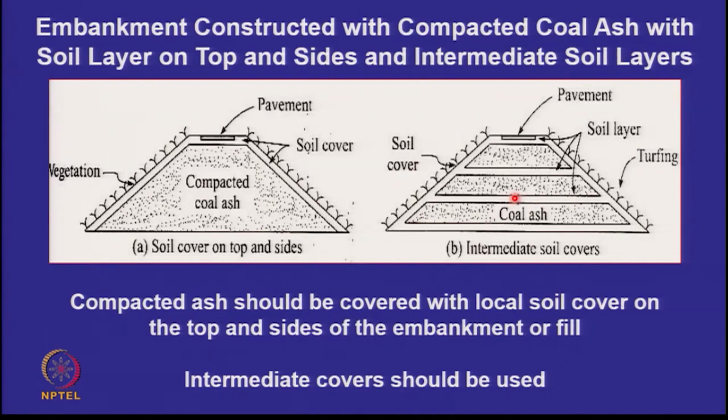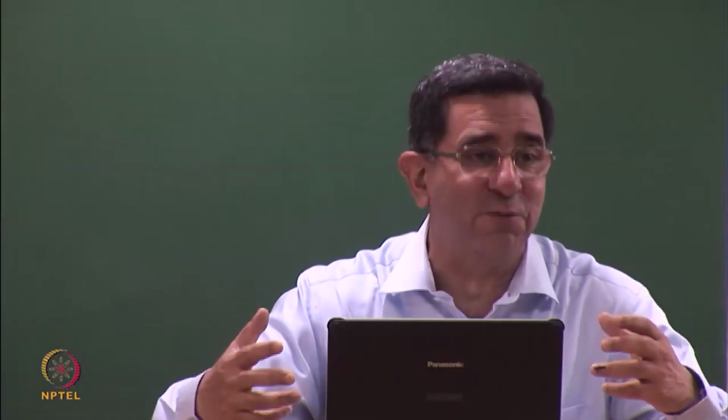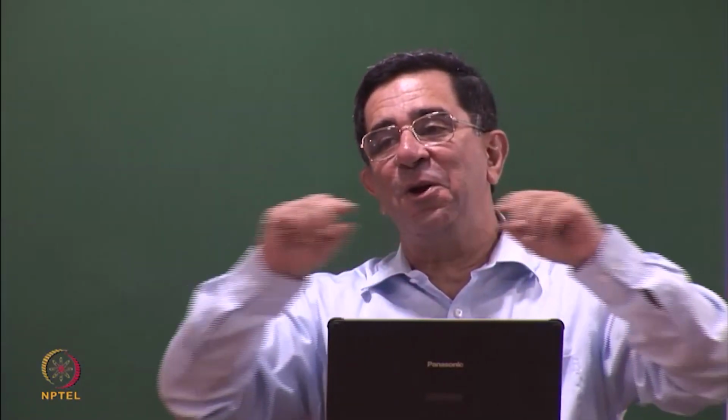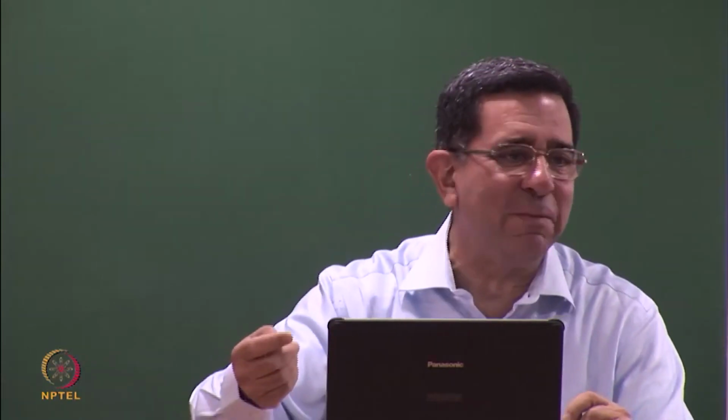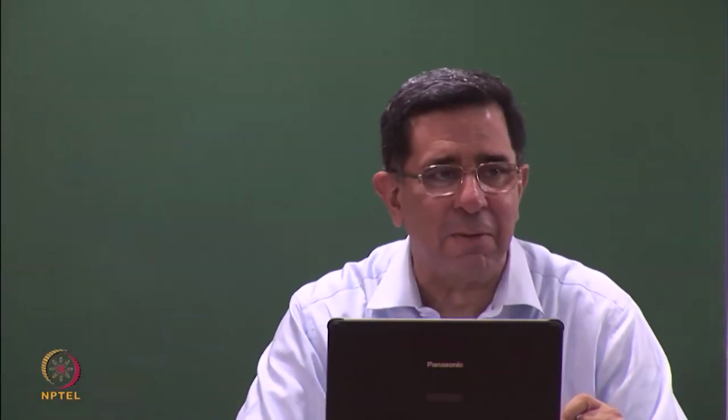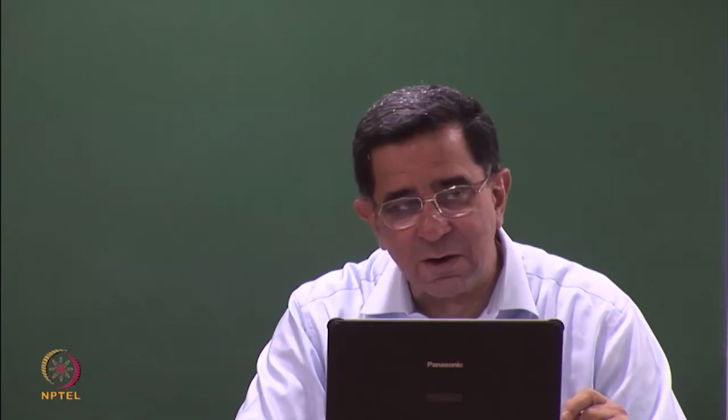Once you get used to the fact that your borrow area material is free, then you tell somebody, no, now in your design, please put local soil. And if you are a private contractor, you say this costs me much more, so I'd like to minimize this to the extent possible. People will tell you I can use sprinkling to do environmental control of ash, but believe me, I have not seen a sprinkling system in my past 20 years of working in geoenvironmental engineering, looking for a sprinkler system which works all the time and doesn't allow ash to fly, and I have not seen one.